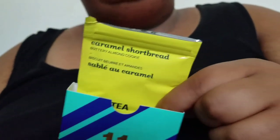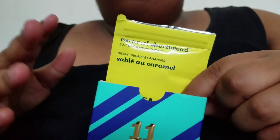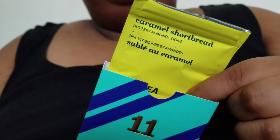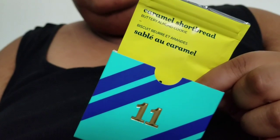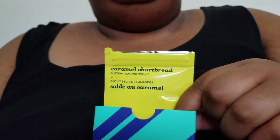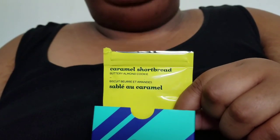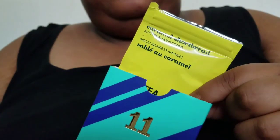Like, one thing I can appreciate about Republic of Tea's Cup of Cake, yes, it suffers the same problem unsweetened, but when you sweeten it, oh, that's what it's supposed to taste like to me. Oh, there's the cake. There's the cookie. You know what I'm saying? So you're calling it a cookie and it's tasting like just